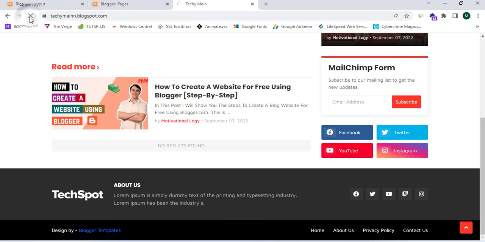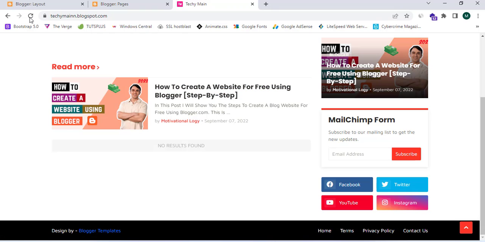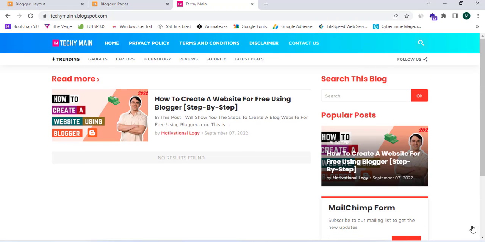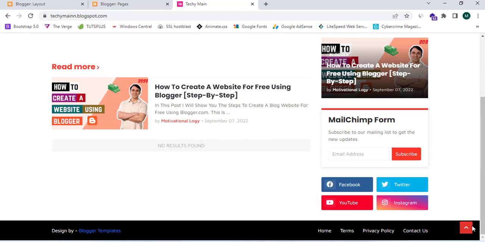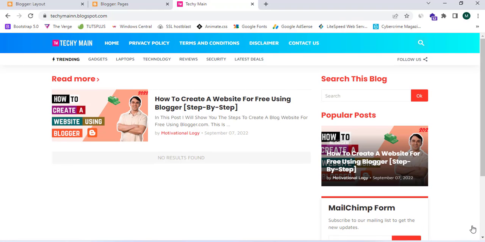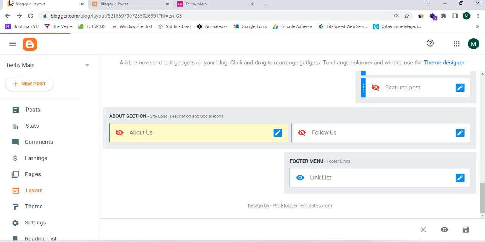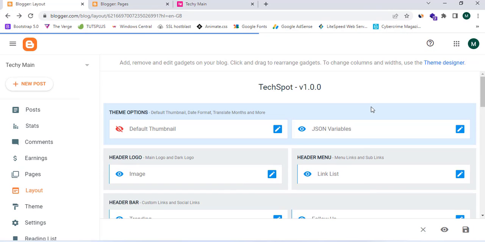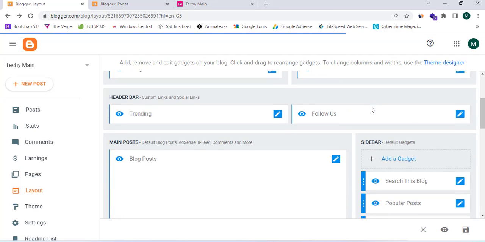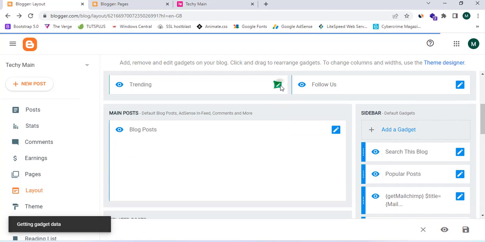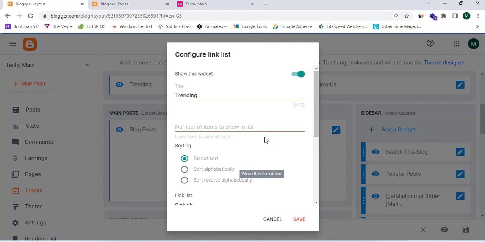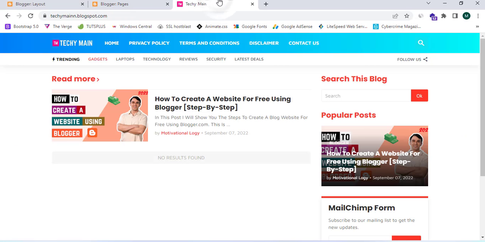and now when I refresh, this will show my page as home, terms, privacy and contact us, and this is great. And now I have successfully customized my footer and header section, and now let's customize this header menu. So proceed to the dashboard, the layout section, and I'm gonna edit this trending section,